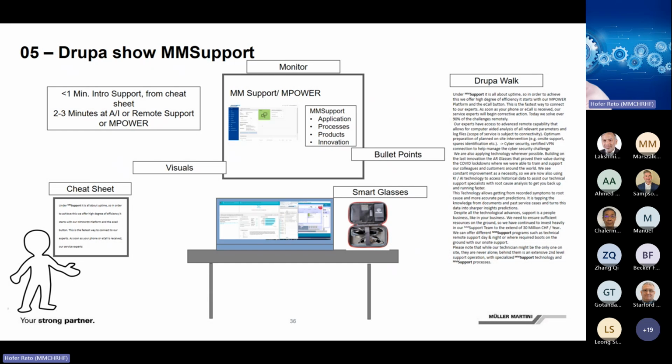We see constant improvement as a necessity, so we are now also using KI or AI technology to access historical data to assist our technical support specialists with root cause analysis to get you back up and running faster. This technology allows getting from recorded symptoms to root cause and more accurate part predictions. It is tapping the knowledge from documents and past service cases and turns this data into sharper insight predictions. Despite all the